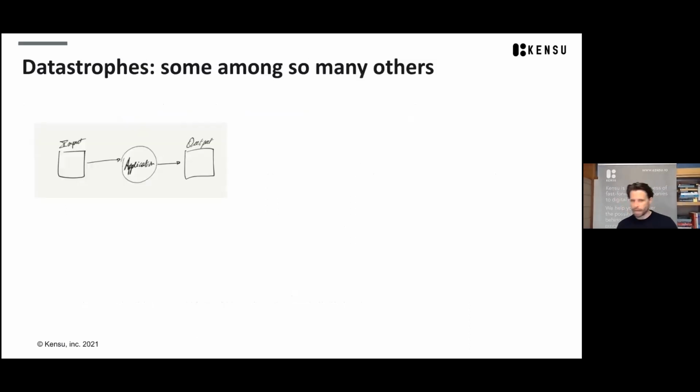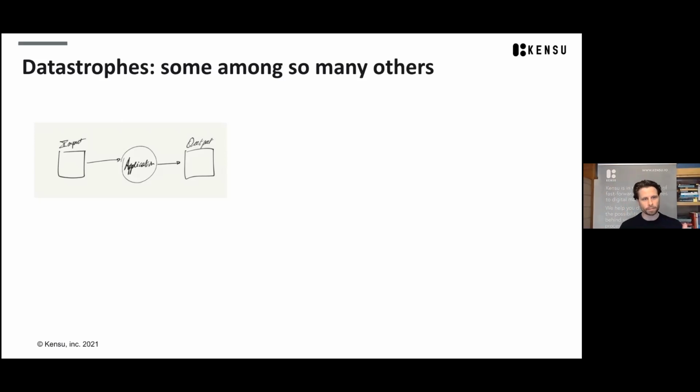Some examples. Sorry about my bad drawings, but I'll try to explain as much as I can. Let's take an application. Data is always the output of an application, so data is not created out of nothing. Sometimes a human inputs the data into a web form, and then the web form creates the output.